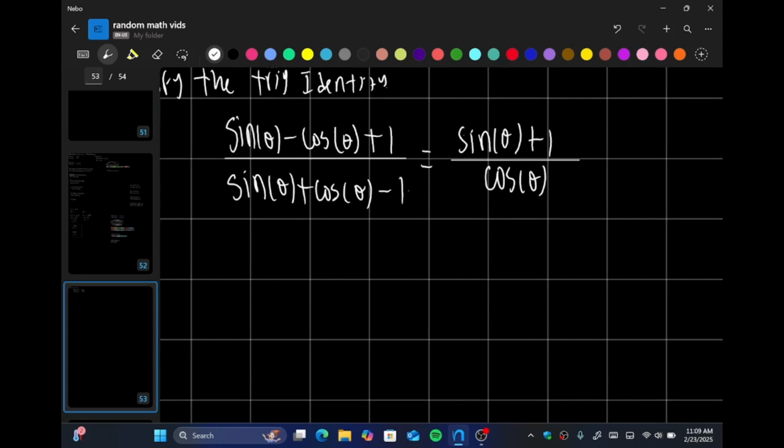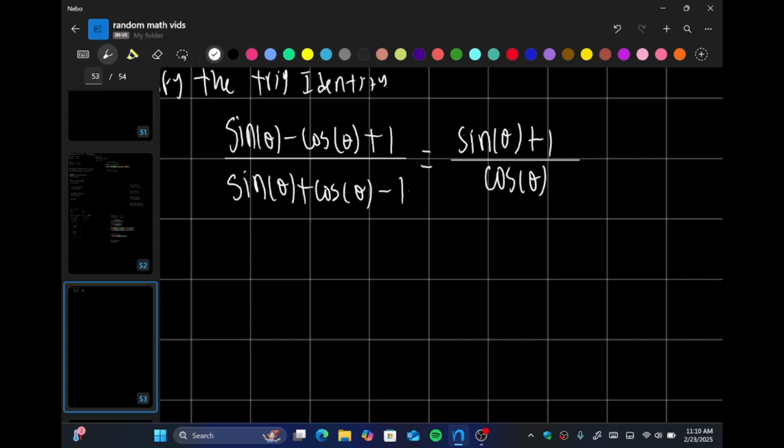So we have sine theta plus cosine theta over sine theta minus cosine theta plus 1, plus 1 over sine theta plus cosine theta minus 1, equals sine theta plus 1 all over cosine theta. So, the first thing we're gonna do, guys, we are going to,